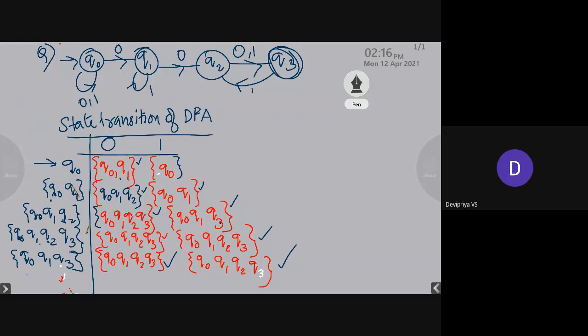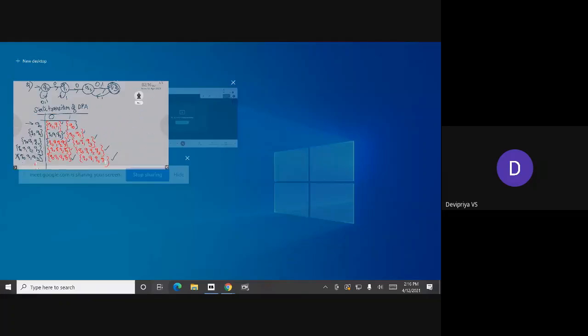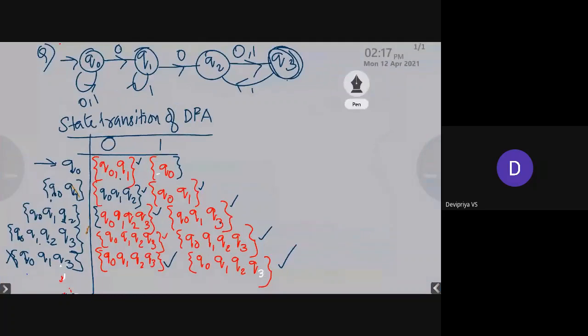So how many states we got for the DFA? We have states 1, 2, 3, 4, 5. So 5 states we obtained. Okay. And now we can draw the DFA. But before that, we have to identify the final states. So what is the final state of the given NFA, which is Q3? So which states become the final states of the DFA? This one contains Q3 as one of its members. So this will be one final state.